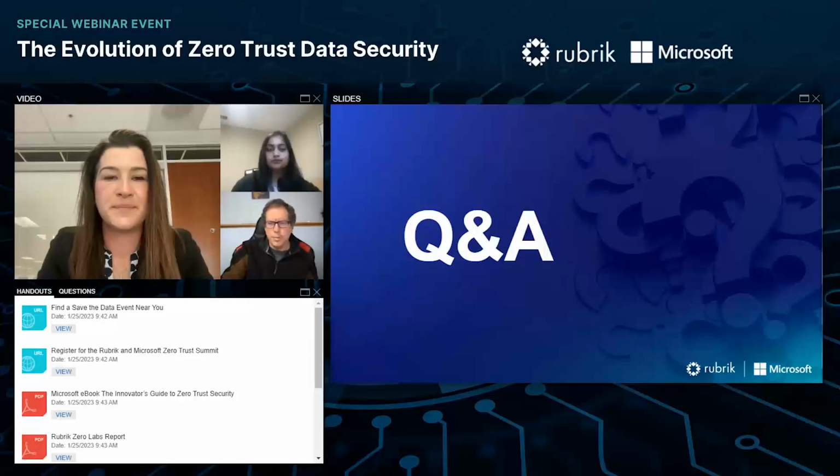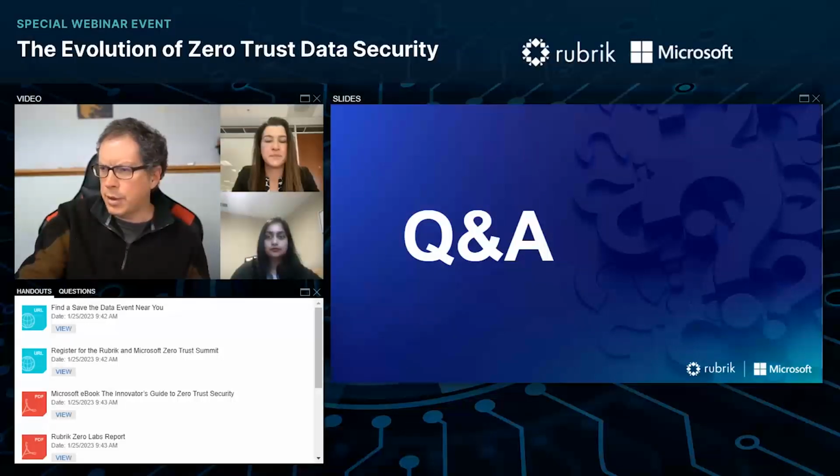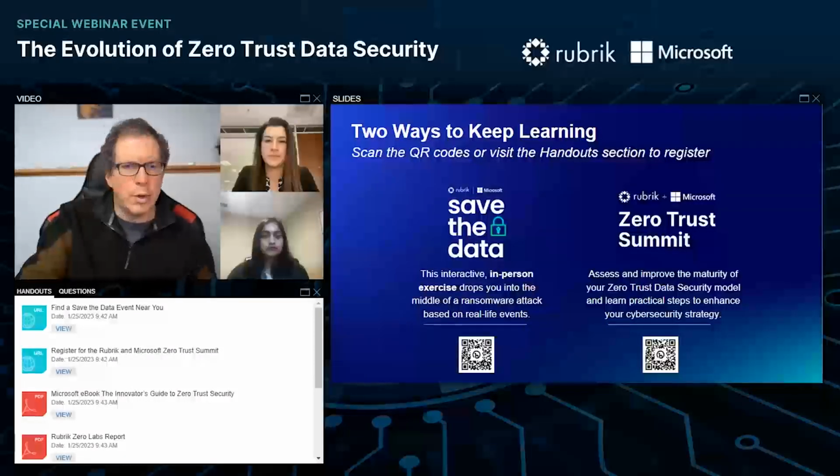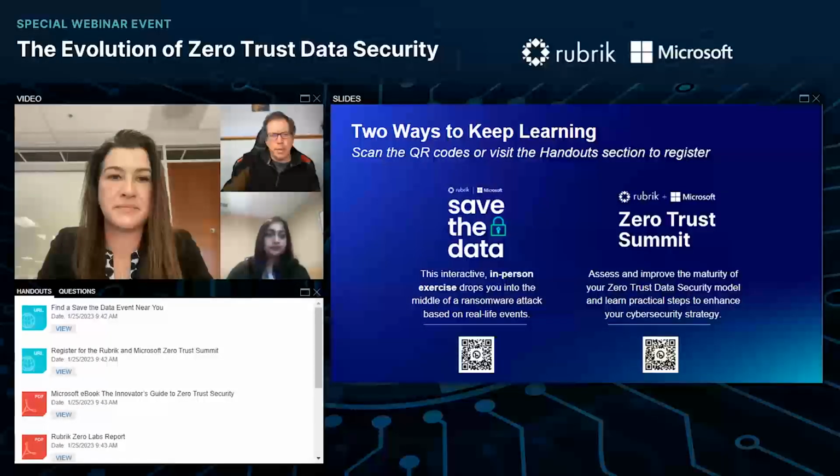Okay, super. Another question that came up is how you register for the event. I'm going to put that previous slide with the QR codes back up, so if anybody missed those, they can grab them while we go on in the Q&A. Also, there's a link in the handouts where you can register. There's a question here from Sachin wondering if the event is open to attendees outside of the United States. It should be. Yep.